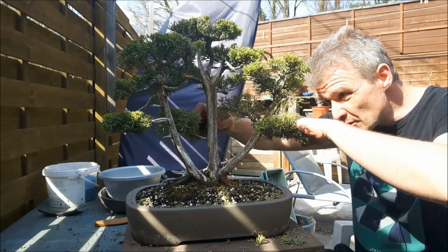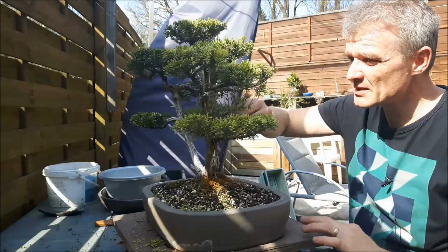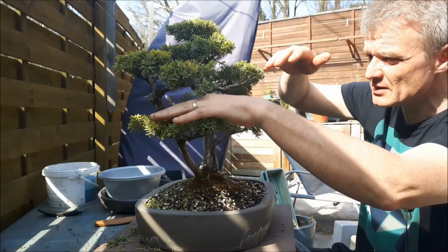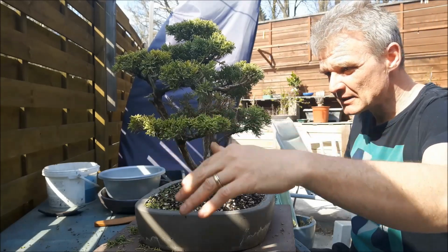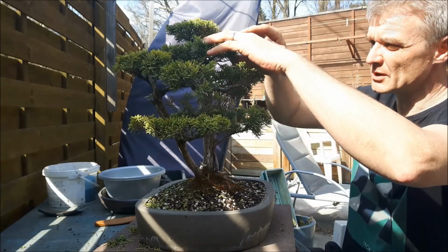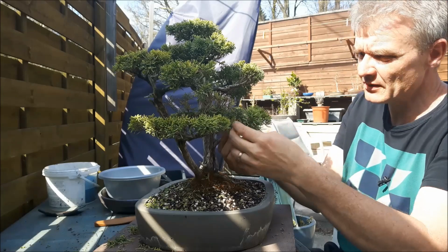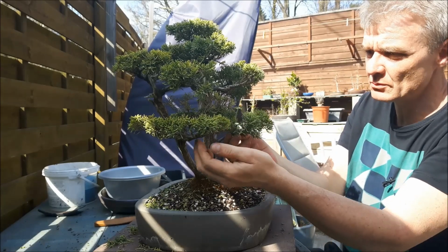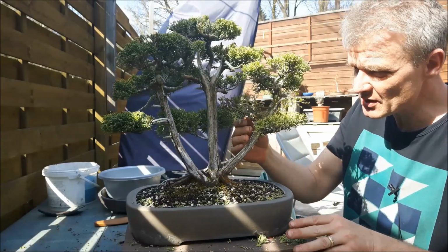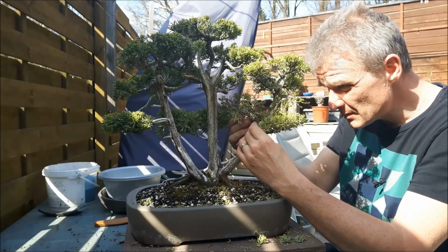You see, when I hide the rest, there's not a whole lot on it, and that's no surprise because it's directly under this one, under this one, under this one, so it's completely shadowed out. So that means two things: or I have to remove a whole lot of foliage here, or I have to remove this branch and fill the gap with something different, which is not a problem because there is something different. Or I can try to reposition this branch and bring it more in the front, and this is what I'm going to do, because